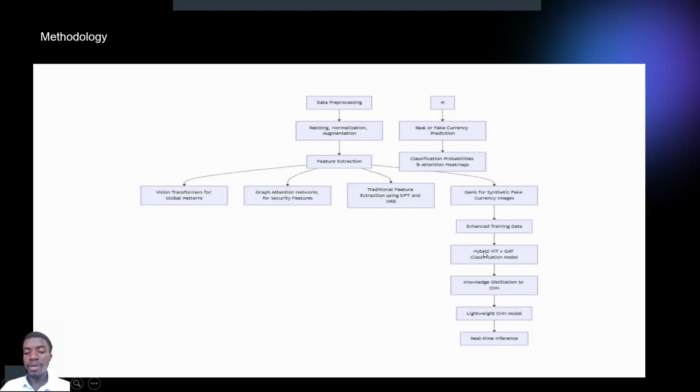The hybrid combines ViTs and GATs for classification models, and knowledge distillation to convolutional neural networks. Of course, all these three on their own are inaccurate, and they won't achieve what we want. So that's why we bring in the lightweight CNN model to combine all the features. And then what is left is deployment and real-time inference, whereby we deploy our system to mobile apps and other software platforms. My colleague Adi from